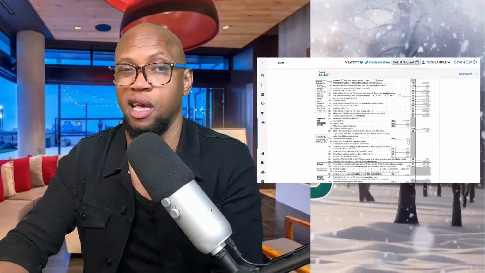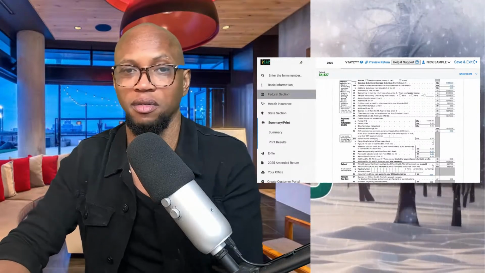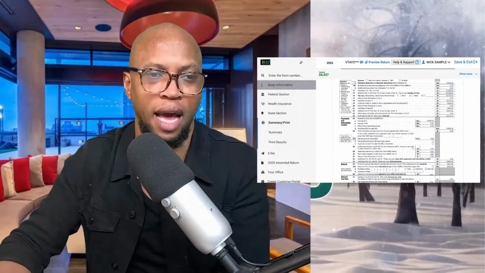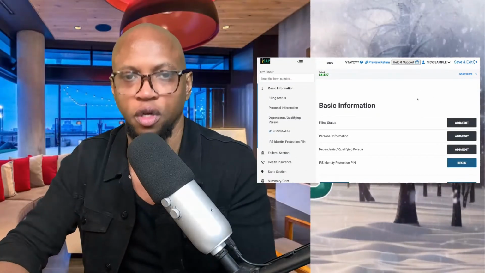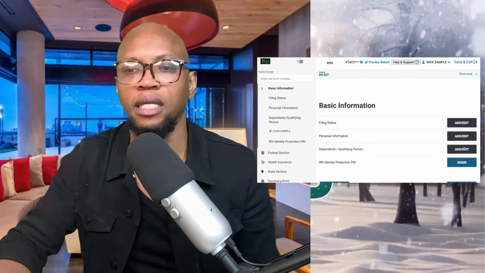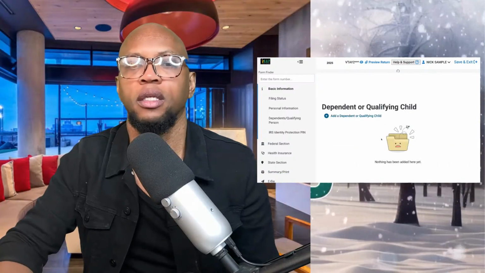So in retrospect, is this really that helpful to divide them? I mean, the wife has no income. So these are the things you have to decide for yourself, whether or not it's impactful, whether it's beneficial, what it is you diagnose for the client. Okay, I'm going to go ahead and delete the dependent and go back to them just being a regular old single